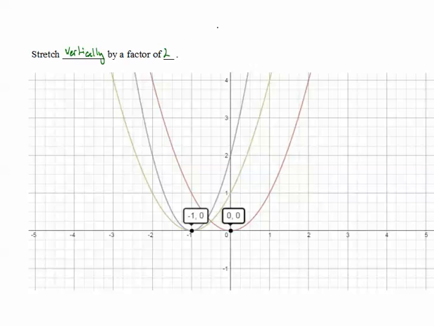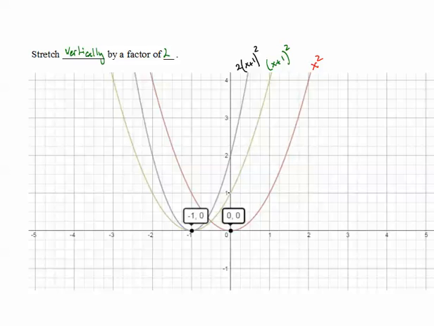So we started with x squared, then we shifted, we get (x plus 1) quantity squared, and then we're going to stretch it vertically by a factor of 2, which gives us the graph of 2 times (x plus 1) quantity squared